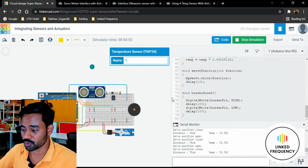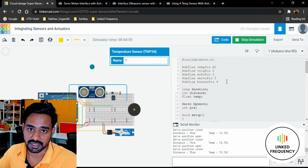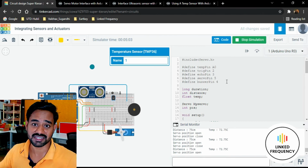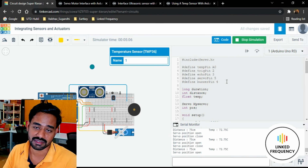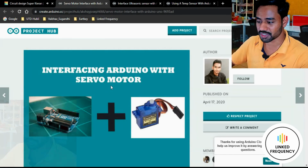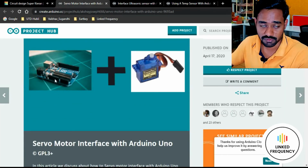This particular circuit and this code, whatever we have written here, is available on the internet. Not available exactly how you want it. Of course, available in bits and pieces. You just need to combine them, integrate them, understand them and use them as per your requirement. For example, when you search on the internet, you can see that create.arduino.cc is a wonderful website,